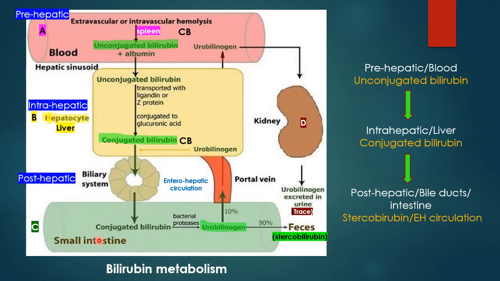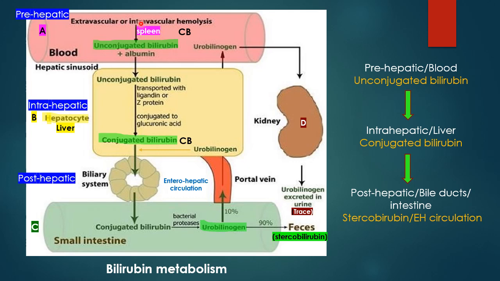Now we come to bilirubin metabolism, which is a very important pathway to understand in patients with biliary disease. Okay, it takes place in 3 phases or in 3 media. The first medium is the blood, and this is known as the prehepatic phase. In the blood, what happens? Unconjugated bilirubin is generated, and this is from the hemolysis of the RBC, which takes place in the reticuloendothelial system,